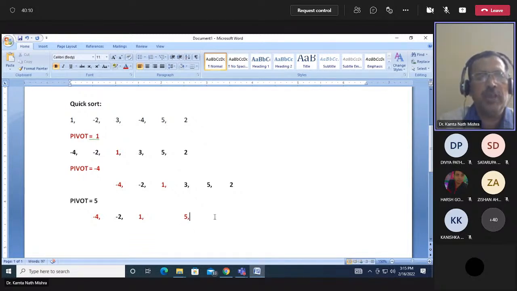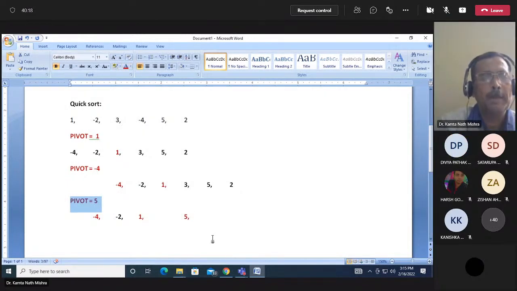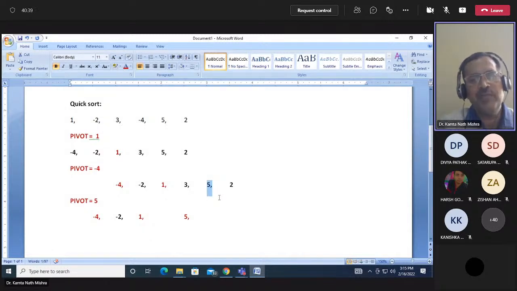Here you have taken 5 as the pivot element. Now, Divya, 5 will be compared with whom? Because the first three elements have already been sorted, two elements are left. So 5 is compared with